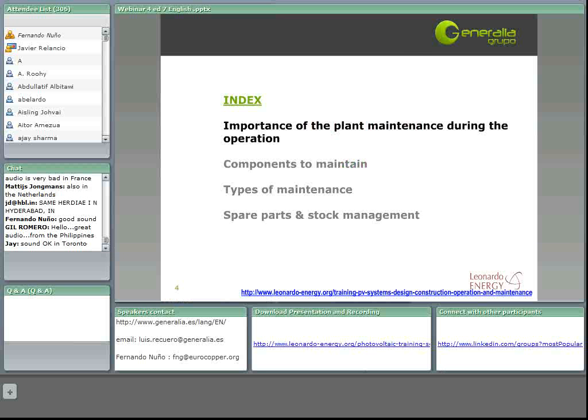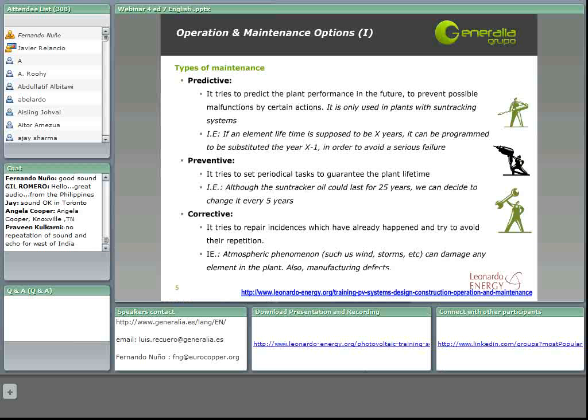So, let's start with the first chapter, the importance of the plant maintenance during the operation. Here, you can find a brief introduction about the different types of maintenance that may be useful to know before starting with this session. We can distinguish among three types of maintenance: the predictive maintenance, the preventive maintenance, and the